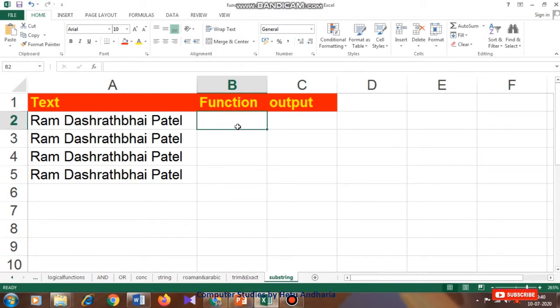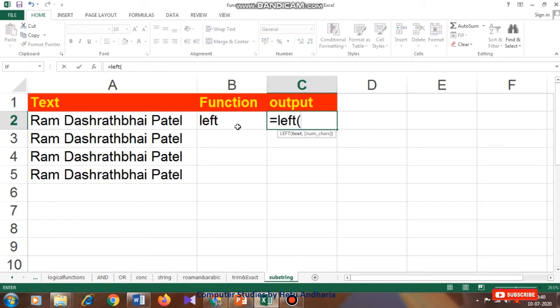First we will learn the left function. If we want to extract the letters from the left hand side, we can use this function. LEFT, bracket, cell address A2. How many letters do we want to extract? That is 3.